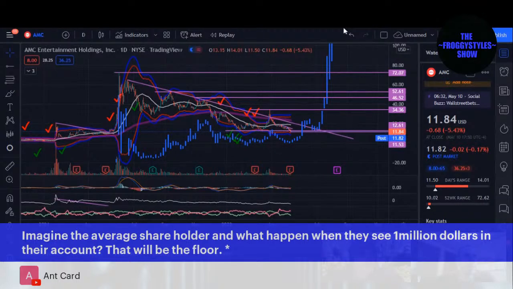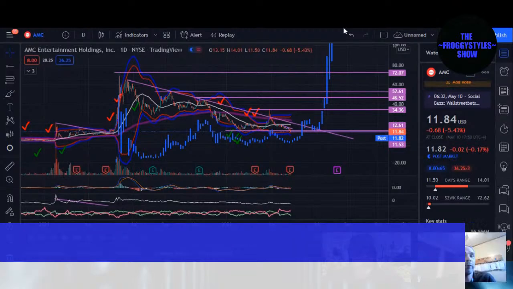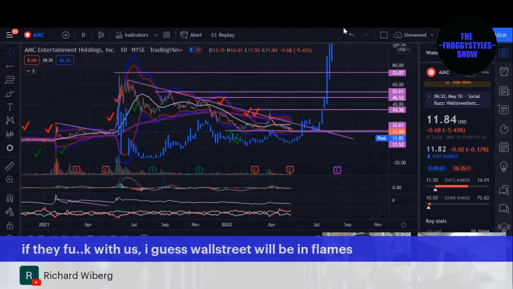Ian Card says, imagine the average shareholder and what happens when they see $1 million in their account. That will probably be their floor. Yeah, I can see people panicking at 1 million. Hopefully that's not the case and they hold to their plan. That's why you make your plan now on what you'll probably accept, so you don't get into that panic stage. You'll see yourself through, but we won't know what the numbers are really going to turn out to be until we get into that process. So it is tough to make a plan, but